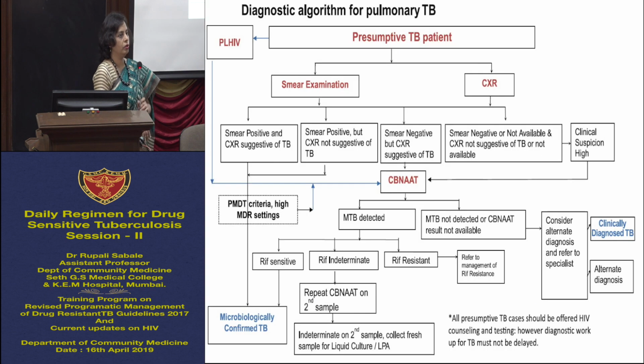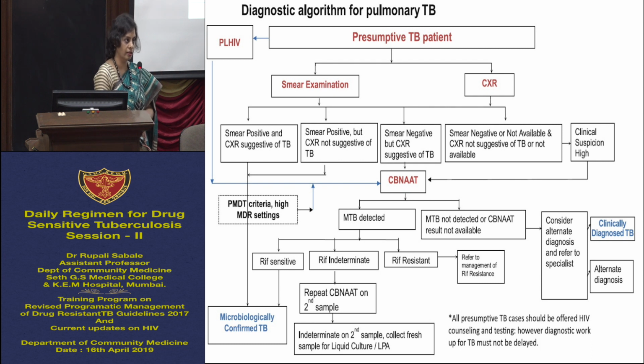Now, for a presumptive TB patient, when we suspect tuberculosis, the first investigations of choice are smear examination and chest X-ray. With that, we have to ask the history of HIV, because if the patient is HIV positive, we directly offer the CBNAT test, okay? And that time we call that CBNAT as, anyone can tell me? Upfront CBNAT. There are three populations where we offer upfront CBNAT: one is HIV positive, second is pediatric patients, and third is extrapulmonary. If the patient is not HIV positive, then we offer smear examination and chest X-ray.